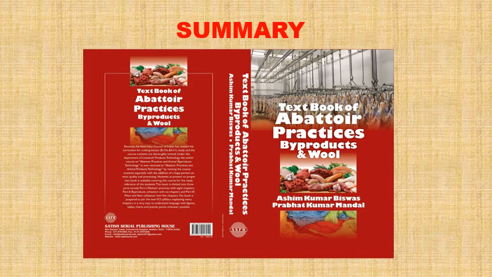So now we have finished this second lecture on abattoir. I have discussed the basics of construction and some of the specific requirements related to construction of different sections or rooms. I discussed some of the important units and their requirements. Then I have discussed some of the other facilities like water, electricity, ventilation, drainage, etc. And finally I have discussed different kinds of machineries or equipment which are most common for a modern abattoir. So I hope everything is easy for you to understand.